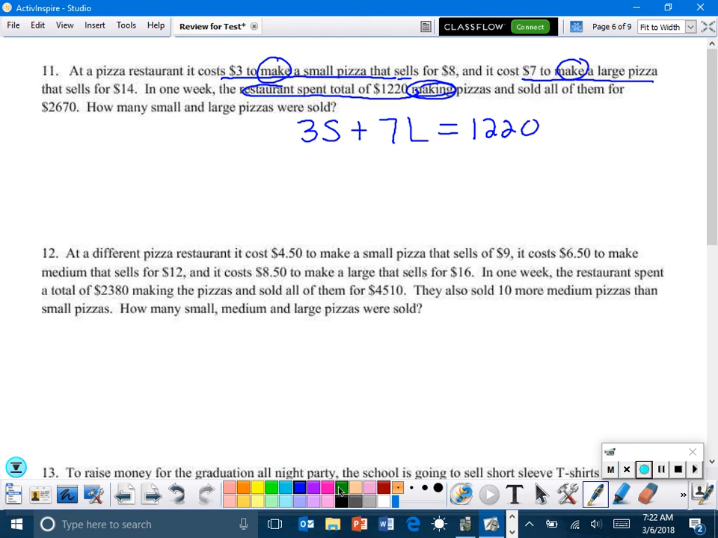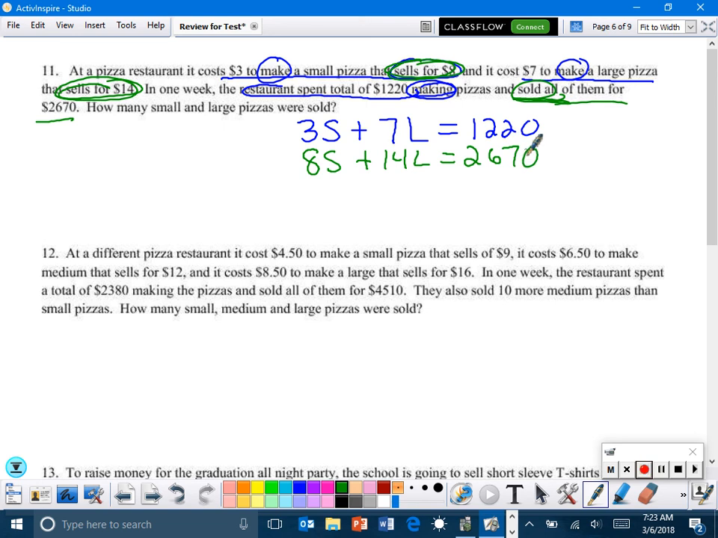Okay, and then they sell, whoops, I wanted to switch colors there. They sell for $8, the small. They sell the large ones for $14, and they sold them for a total of $2,670. So we've got 8S plus 14L equals 2670. Okay, so the matrix is